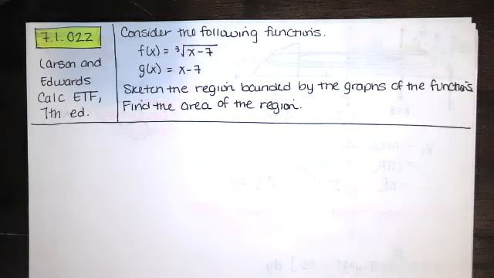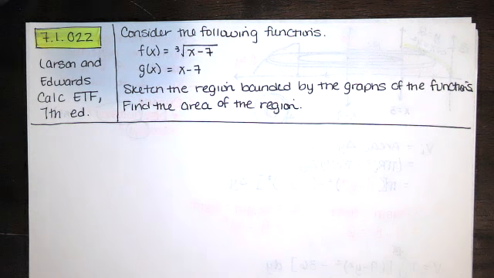In this video, we solve problem 7.1.022 from the Larson and Edwards Calculus Early Transcendental Functions text, 7th edition. We're asked to consider the following functions. f of x equals the cube root of x minus 7, and g of x equals x minus 7. We're asked to sketch the region bounded by the graphs of the functions and then find the area of the